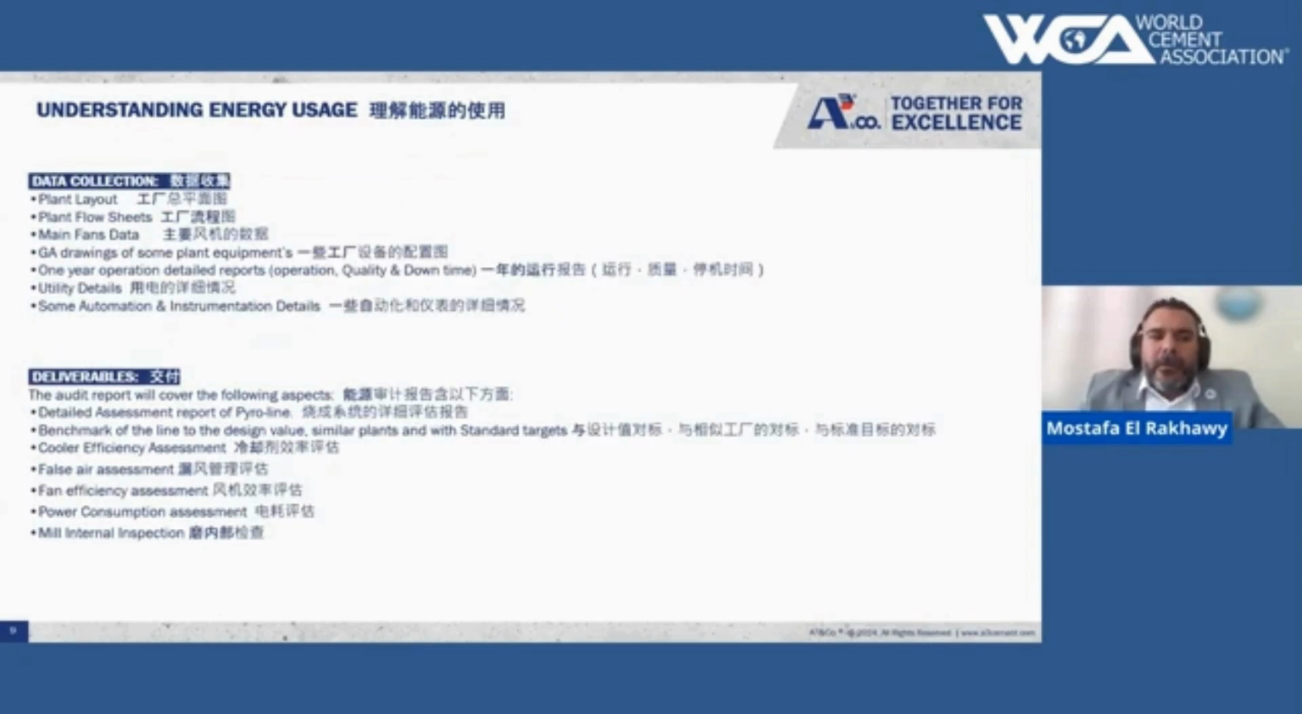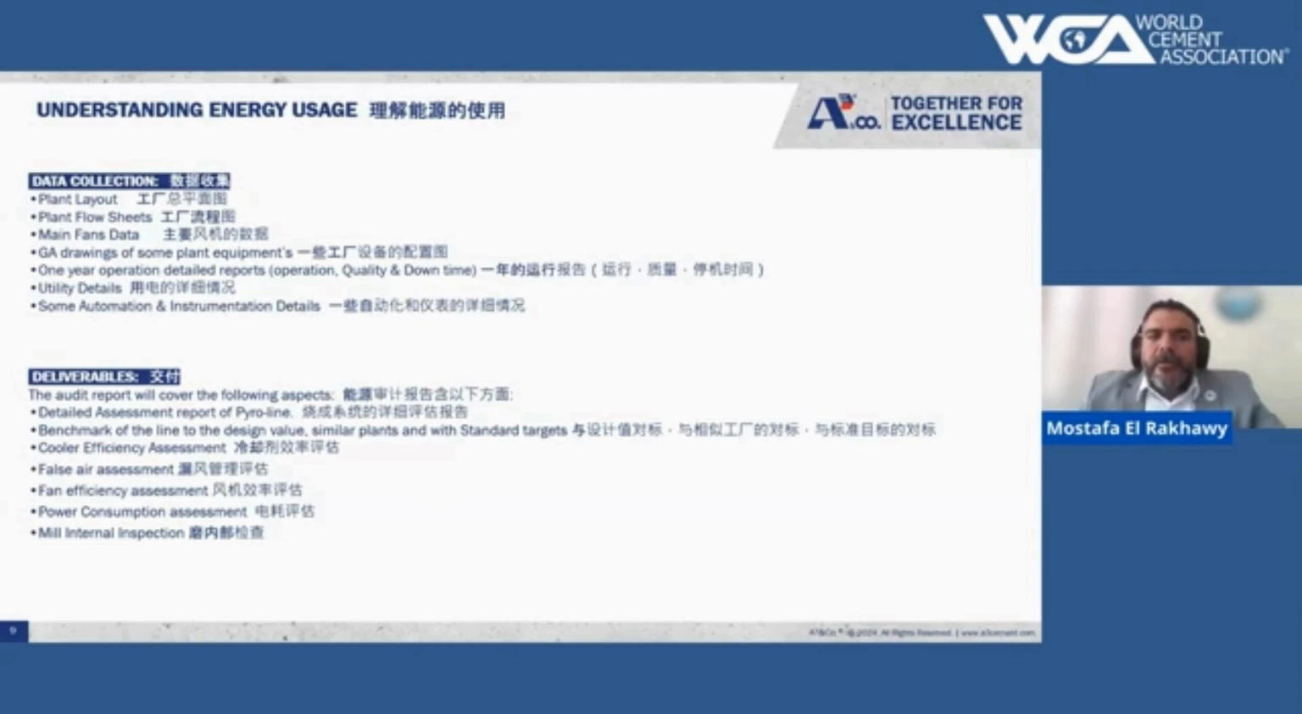Also, during that audit, a lot of data is needed to be comparable with the audit results. So we are talking here about one year of operation detailed reports, the utility data, the fan data sheets, and the equipment data sheets, so we can compare the design to what is happening inside the audit for 24 hours. And then the audit report should give deliverables with